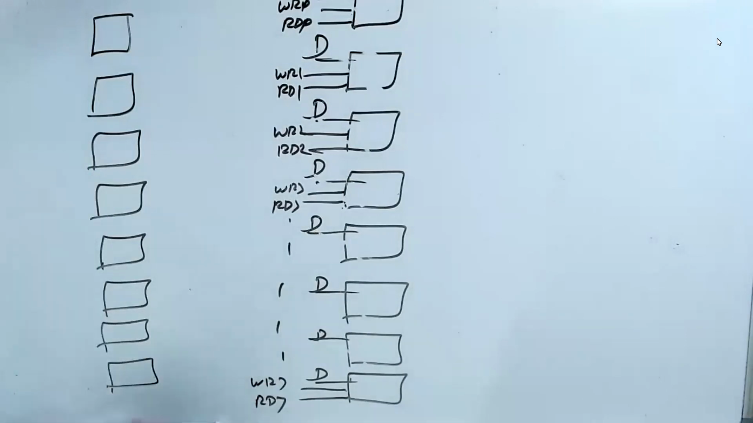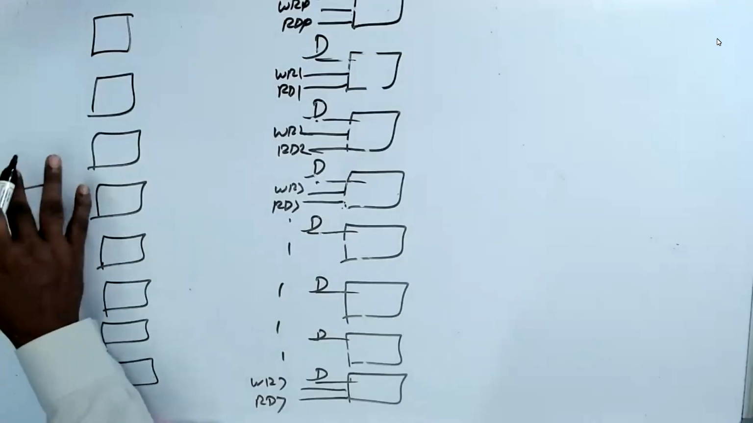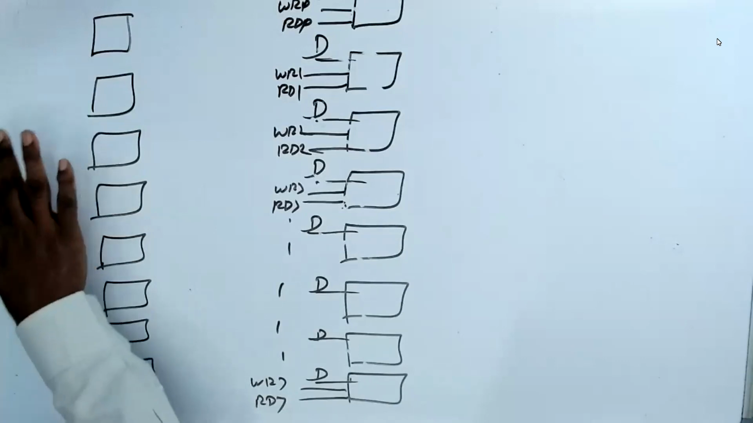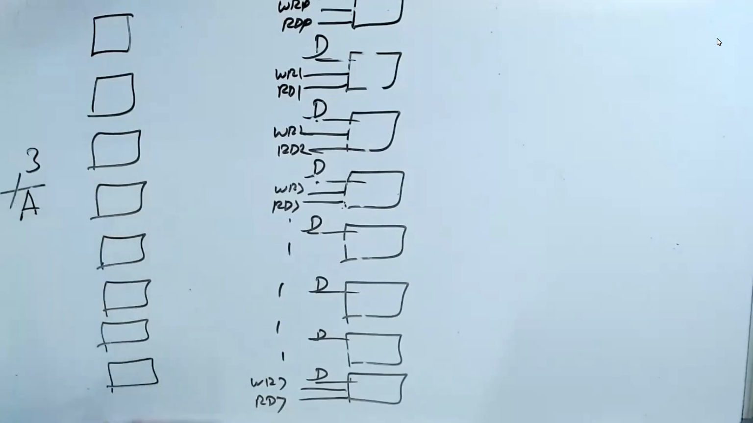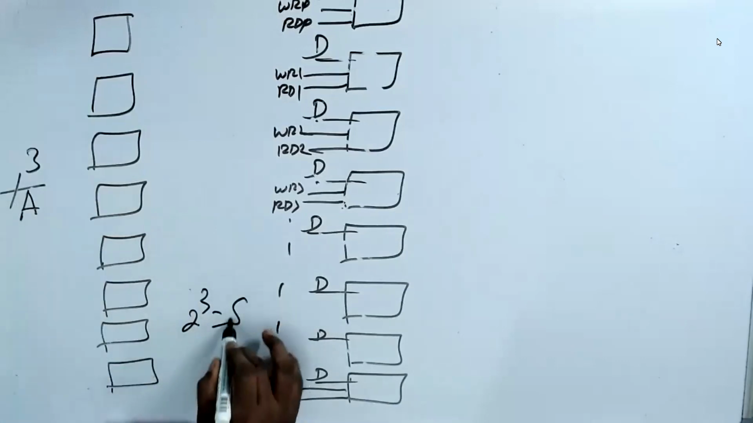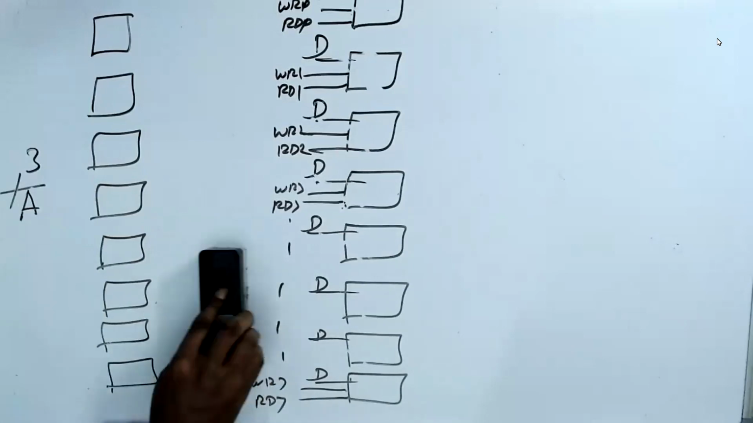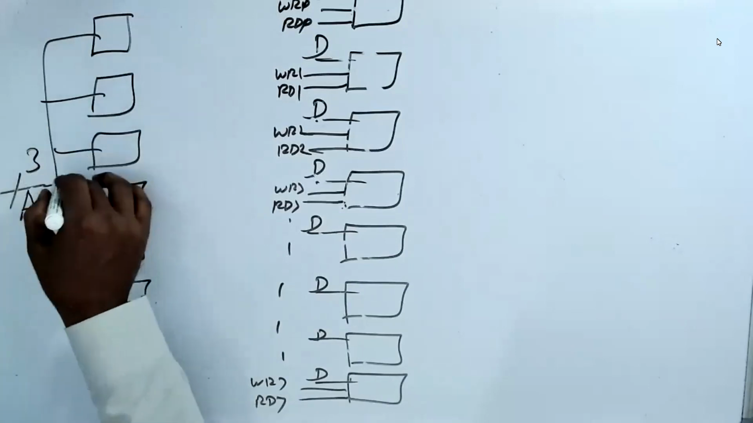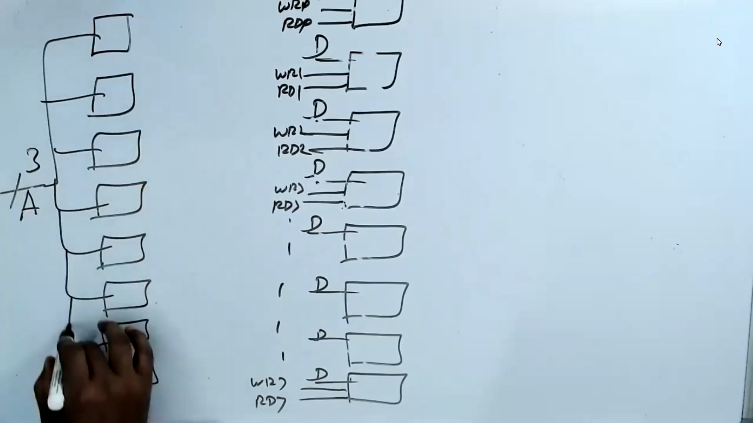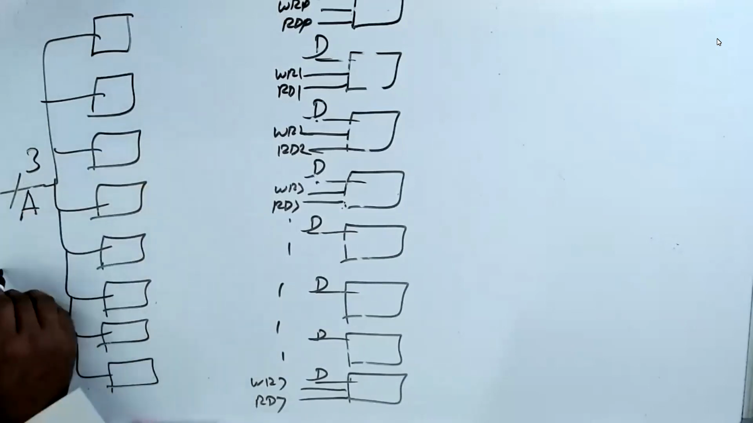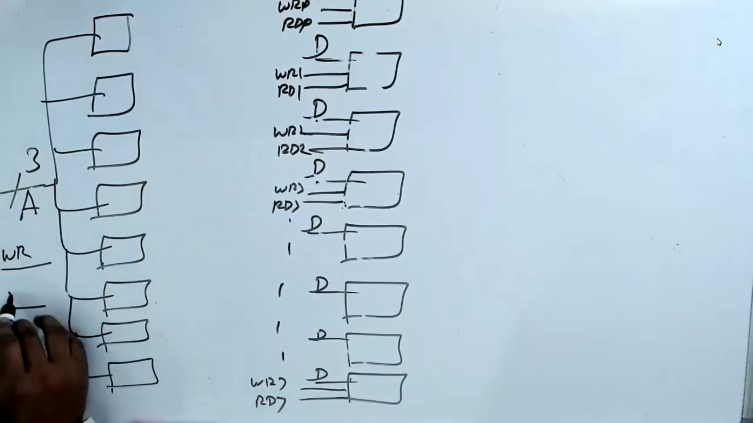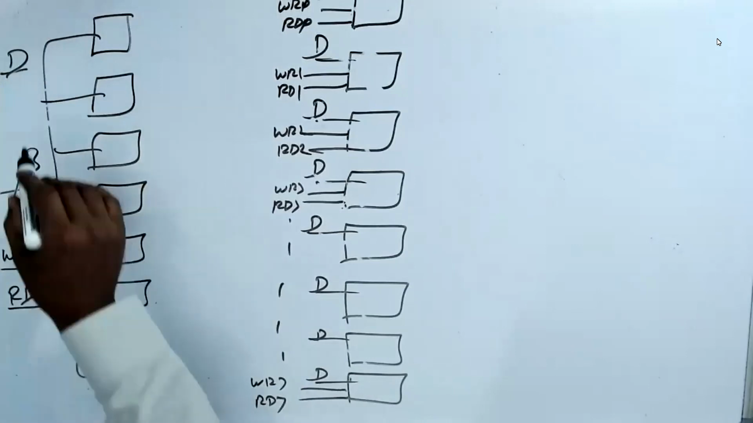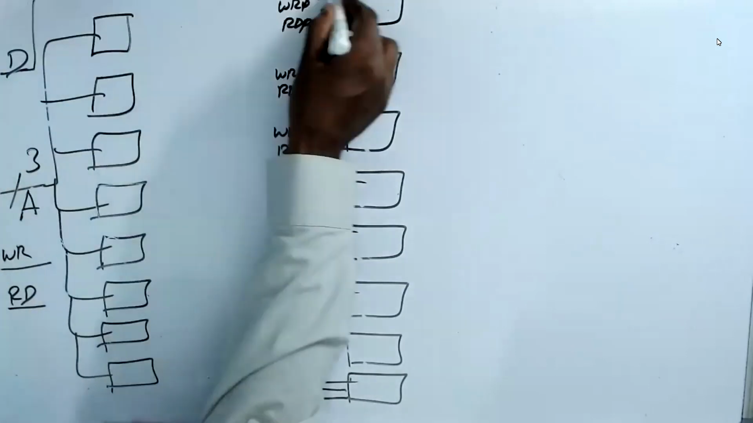Since I have 8 blocks, A has 3 wires. A has how many wires? 3 wires. Why? 2 power 3 is 8. Now these 3 wires go to everybody. And there is a 1 second write and read and data. All are the same. This data goes to data. That's correct. Now,